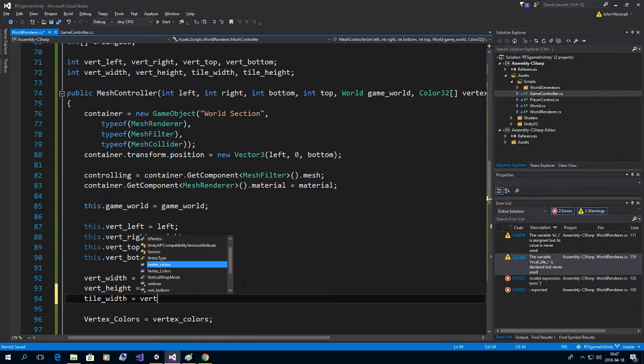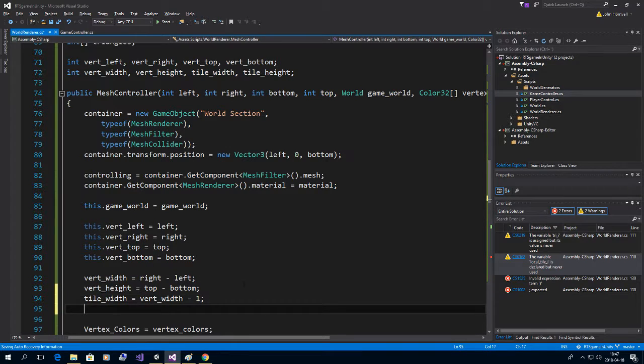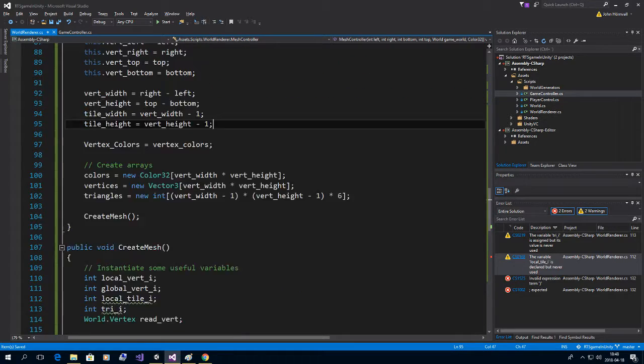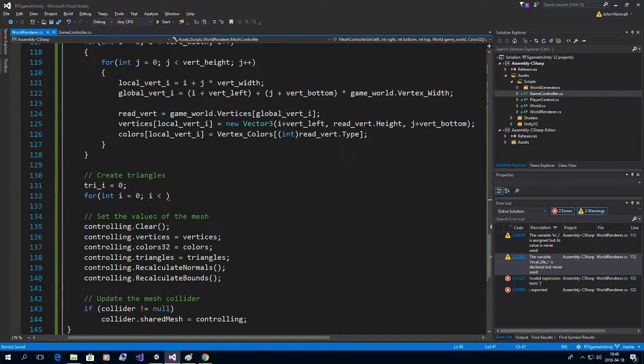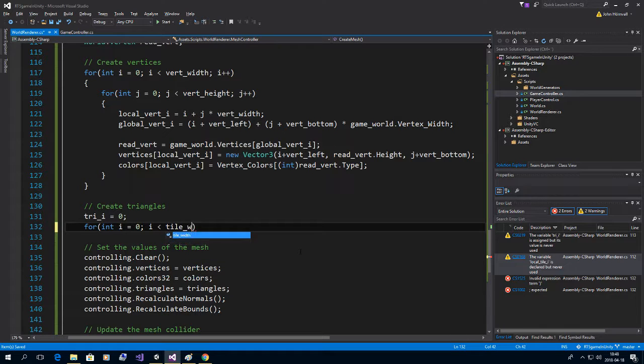So tile width is vert width minus 1, tile height, vert height minus 1. Cool. So I've got my tile width,